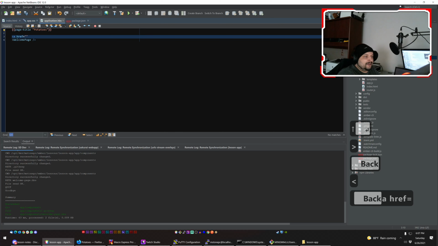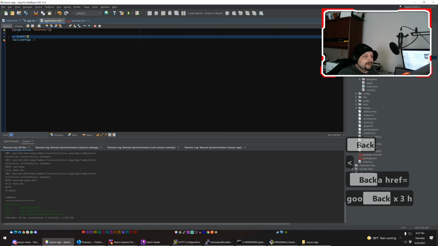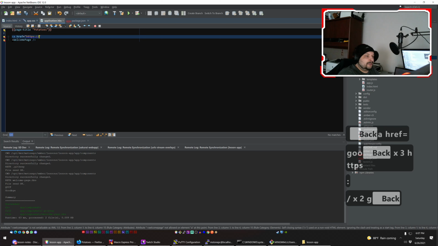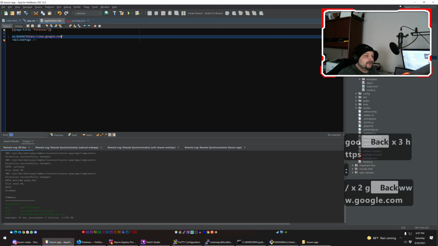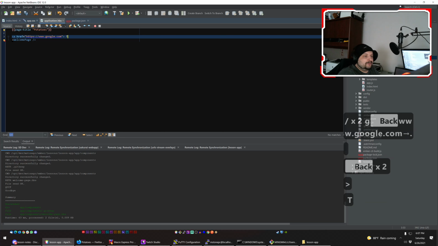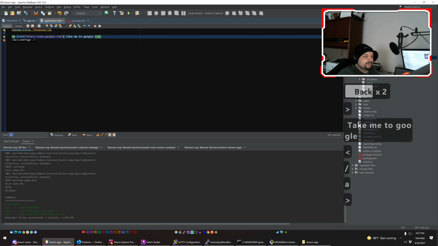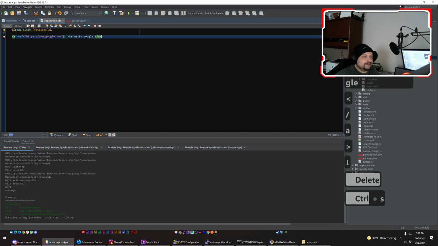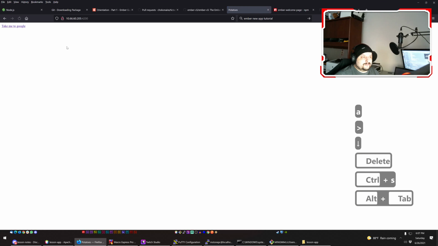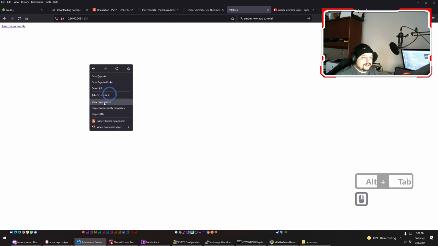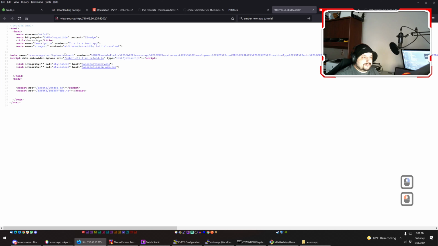I can say href google.com, www.google.com, and I can say "take me to Google." Just for the sake of simplicity, I'm going to remove this component again. I'm just going to save this, and it's going to rebuild, and there's your regular HTML, "take me to Google." If we look at the source, it's just that regular HTML, and in your body is where it gets